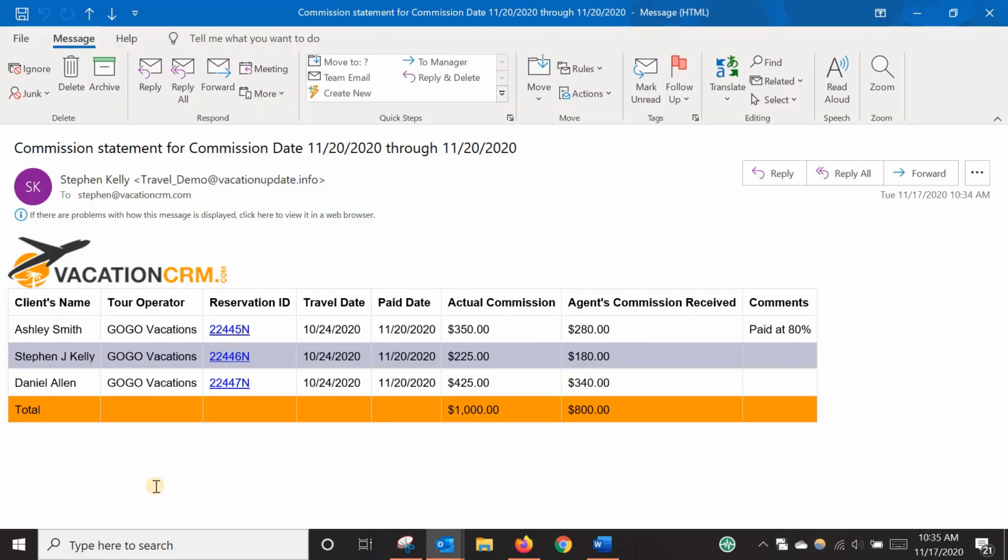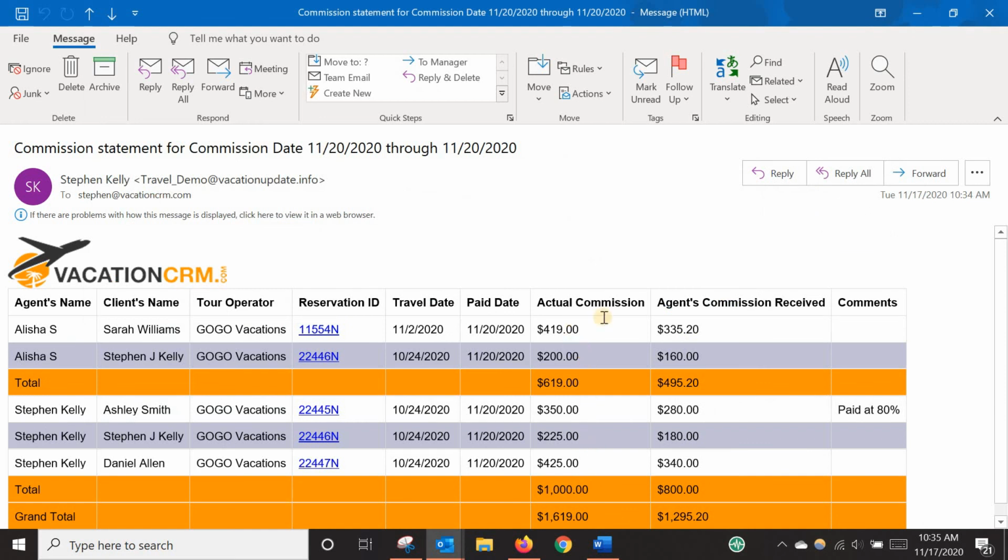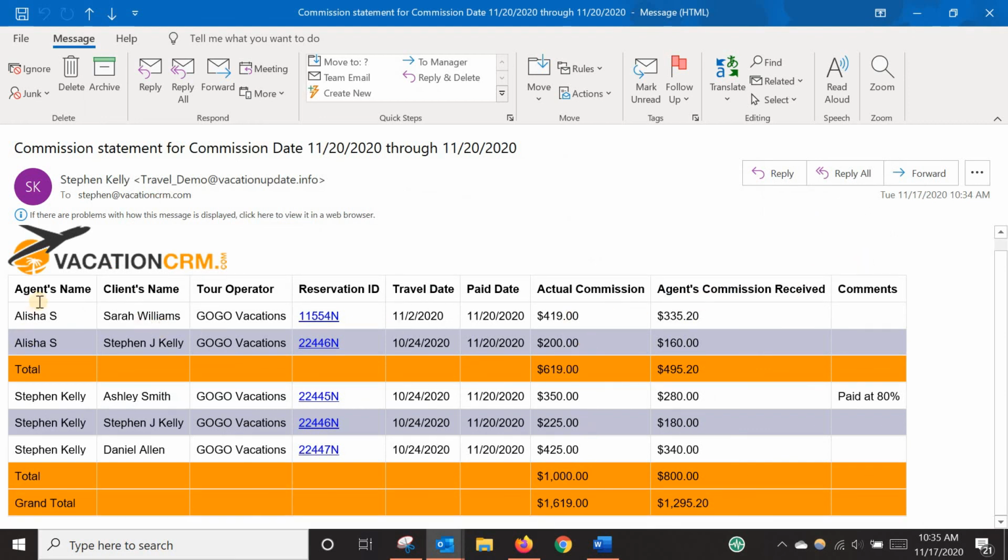Okay, so this is the agent version of the statement that I just received. So you can see it's just simply for the agent to see which bookings they received commission on, how much they received. This is the total. So I know on payday on Friday, this is what I'm going to receive in commission. The version that I got as the owner, or as the person doing the payroll, looks like this. So it's an actual breakdown per agent. So I know I owe Alicia $495, I owe Steven $800 for a total of $1295.20, and of course this is the total that came in